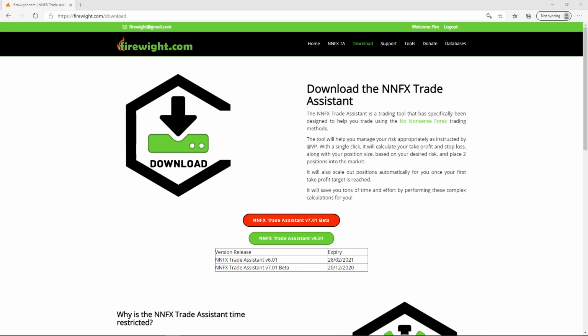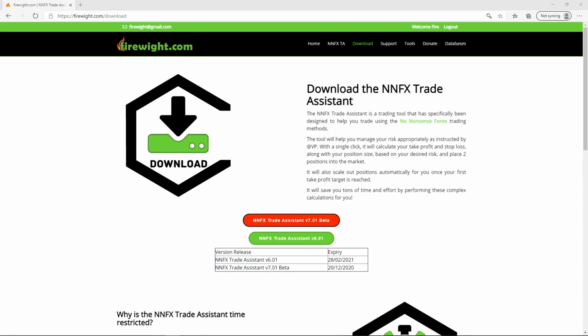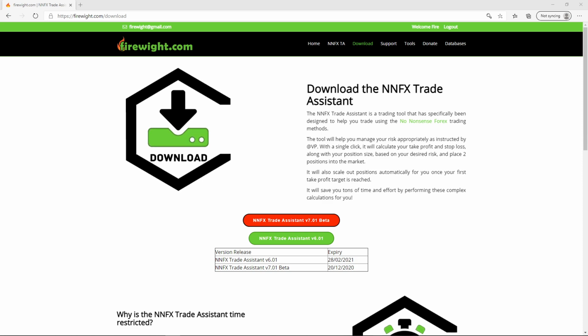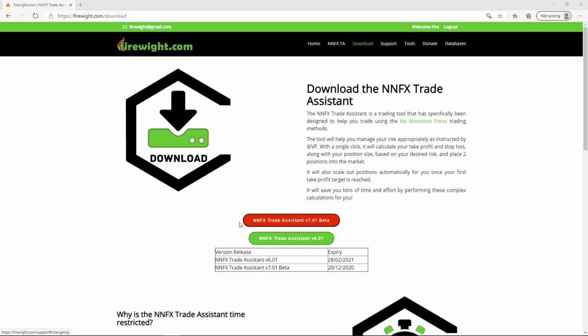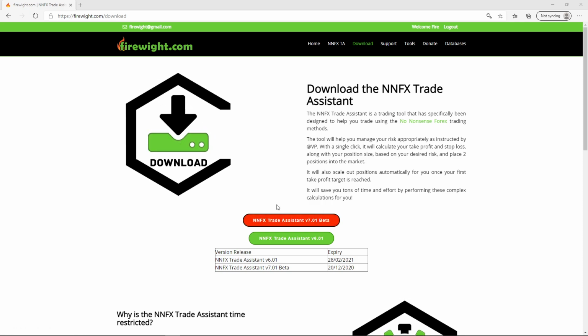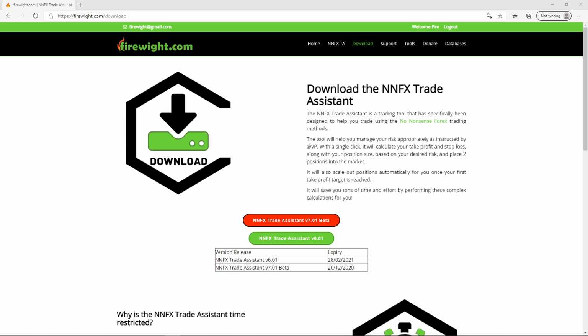It's been a little while since the latest update of the No Nonsense Forex Trade Assistant has been out on the internet, and we have another beta release ready to go right now. This is quite exciting. A lot of people have been waiting for this one. It basically has trailing stops built into it, as well as the ability to use the Trade Assistant on the